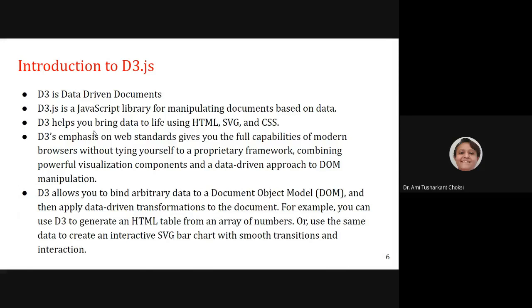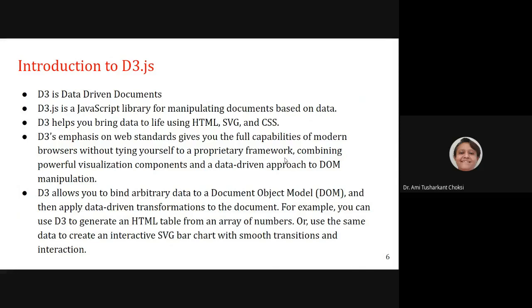D3 helps you bring data to life using HTML, SVG, and CSS. These things are known to us, right? D3's emphasis on web standards gives you the full capabilities of modern browsers without tying yourself to a proprietary framework.